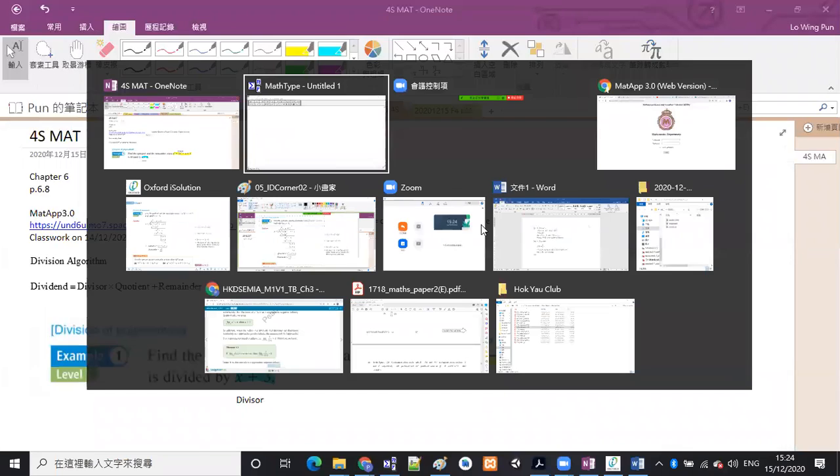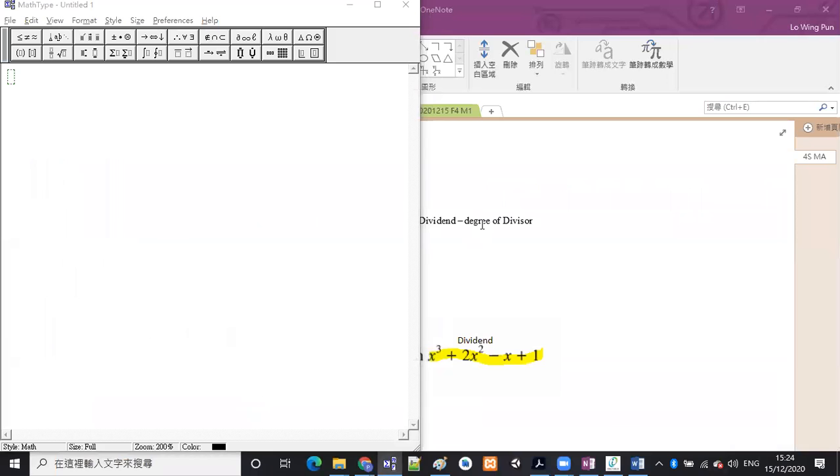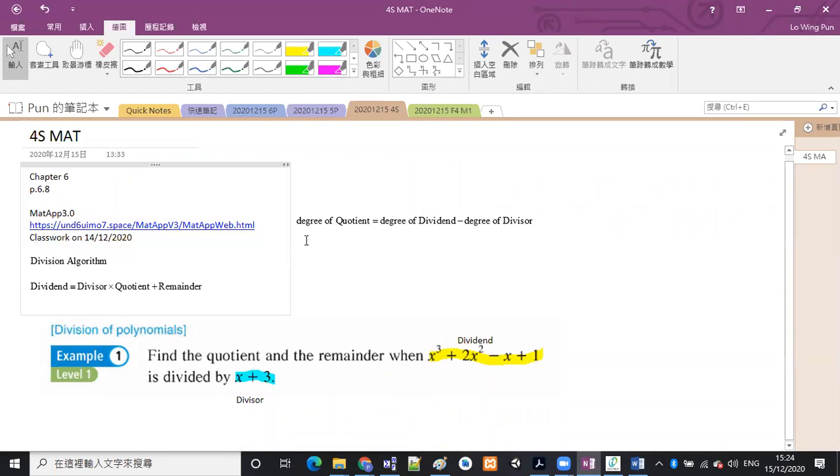Okay, and then the degree of remainder is equal to the degree of divisor and then minus 1. It's always like this. 呢兩樣嘢請你記咗先。